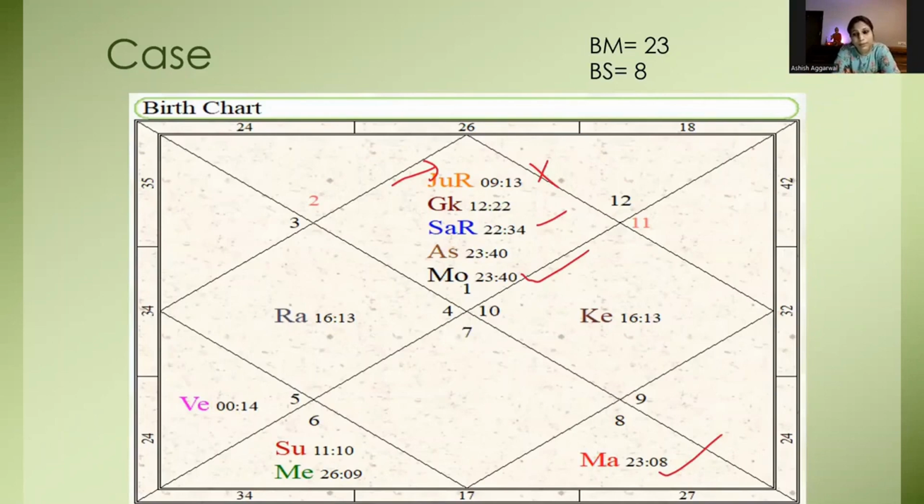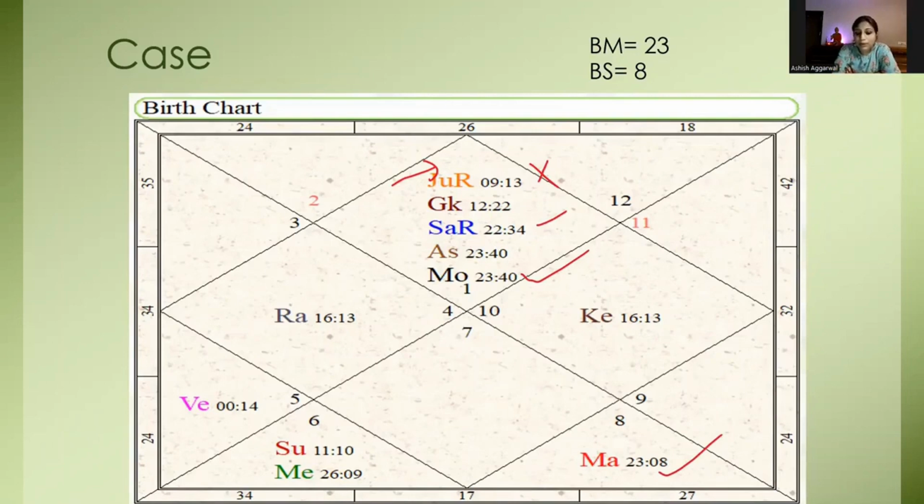So I need to check if there are any planets around 8 degrees. Jupiter is there, the same Jupiter that is a significator planet for the ascendant. I should be very happy to see it in the ascendant, but I should know that it is not completely available for protection. Similarly, the significator planet, which is Saturn, is very close to the degrees of the houses, and so is the moon. So the moon and Saturn will have as much impact on my ascendant as Jupiter cannot provide. Similarly, Mars's impact on that house will be complete because it is exactly matching the degree of the ascendant.